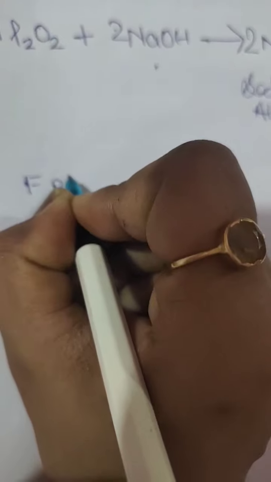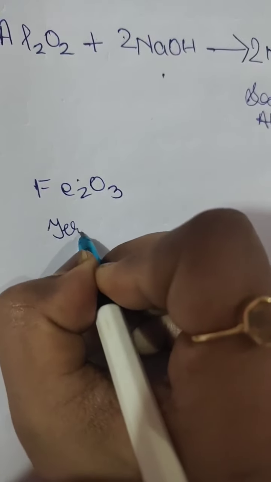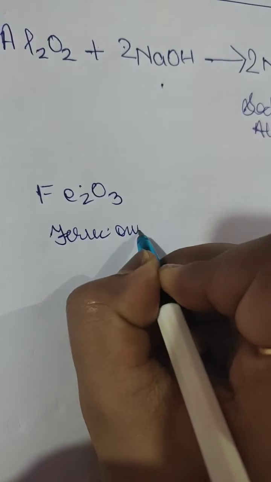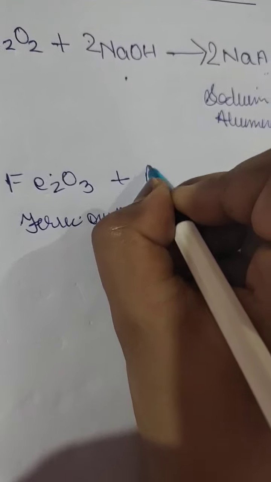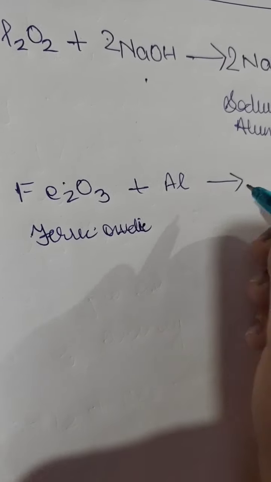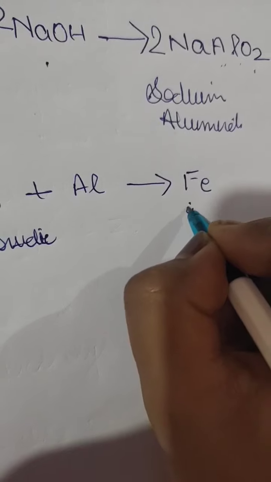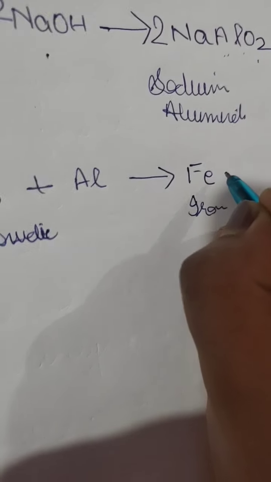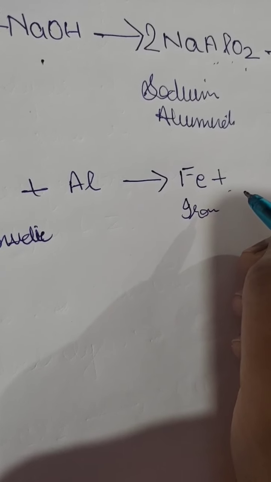How it happens is, when this ferric oxide, Fe2O3, is called ferric oxide, it reacts with aluminium. So when ferric oxide reacts with aluminium, a lot of heat is produced. Because of that heat, the iron comes in the molten form. So we get iron here. So this iron is basically in the molten form, and this molten iron is poured in the cracks of the